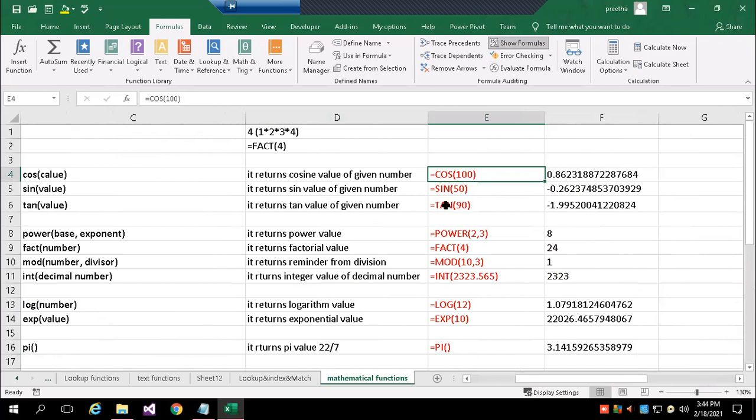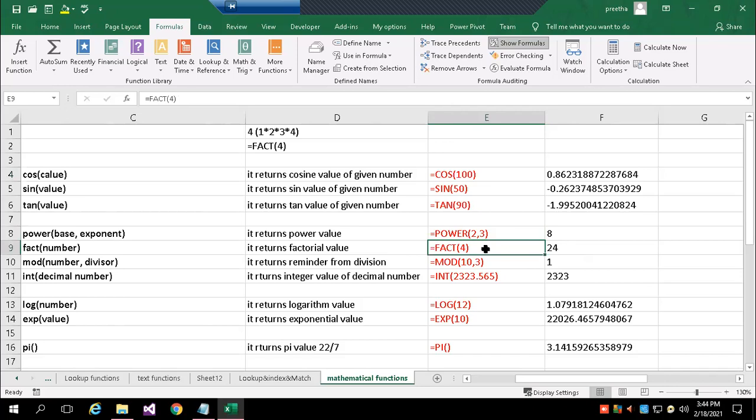Sine, tan, in trigonometry we'll be using all of these. Then POWER. Normally base and exponent. First argument is base, second argument is exponent. So it will find 2 to the power of 3, and I am getting 8 here.